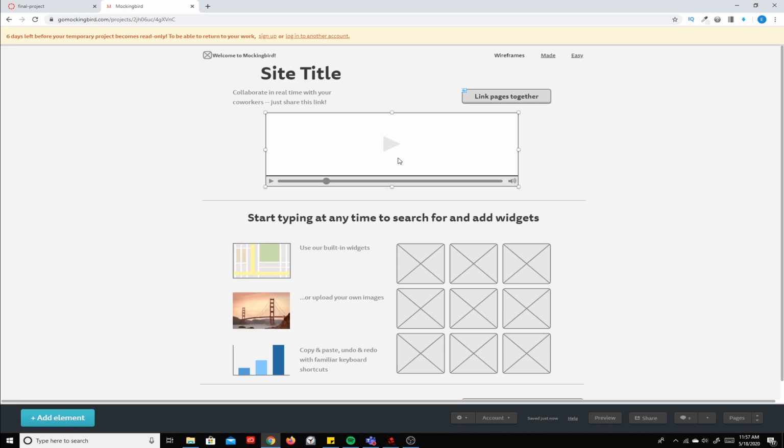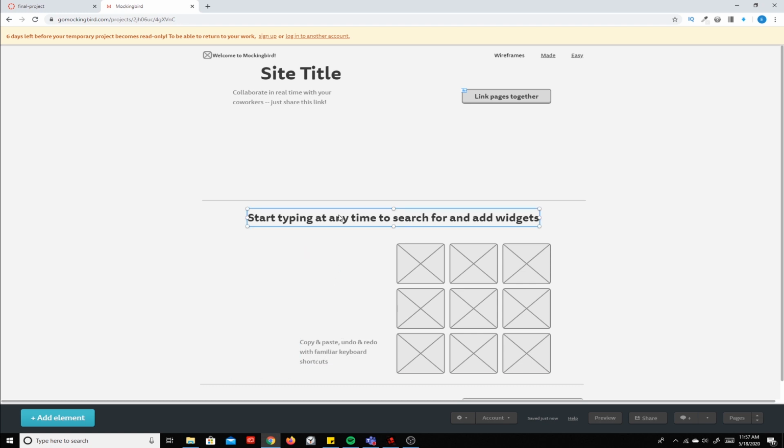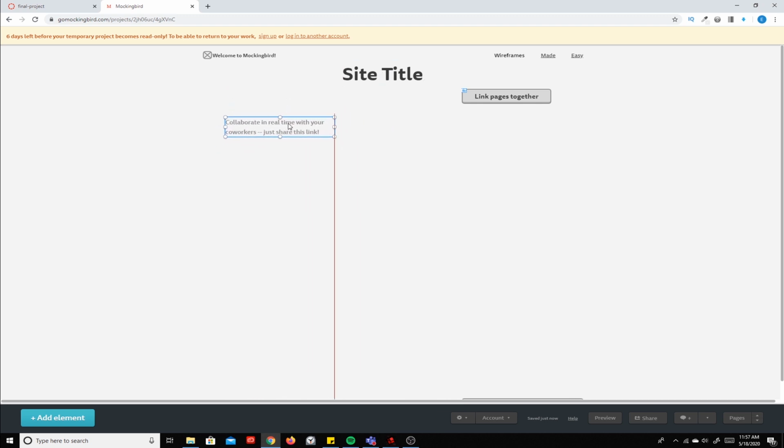And you can change anything on this page. So maybe we're not going to have a video here. We're not going to have any of this stuff here. So you can just delete it all and start completely from scratch. Or if there's something there you want to use, you can use that. So maybe my site's going to have a site title, and whatever that site title is going to be, you'll put it there. Maybe you have a big opening paragraph that comes across the page here. Maybe below this